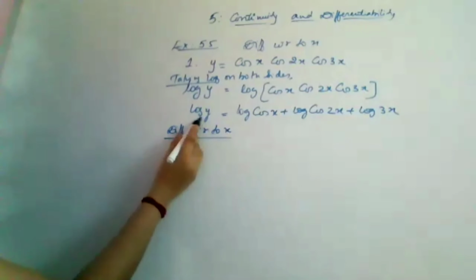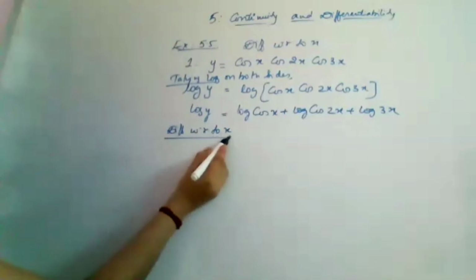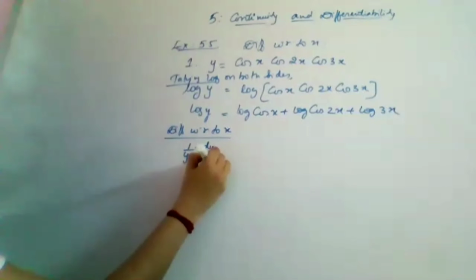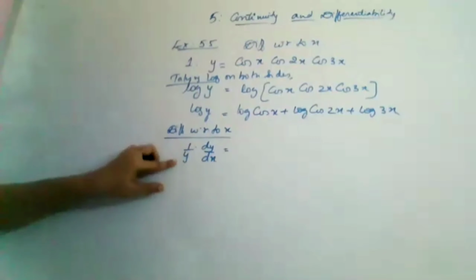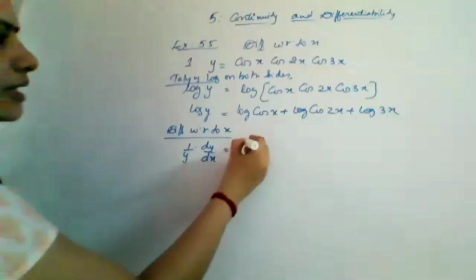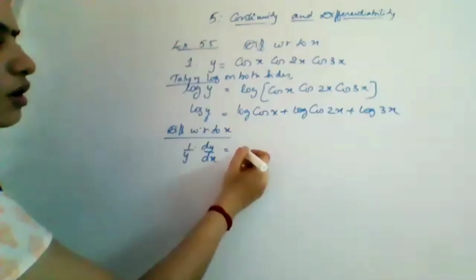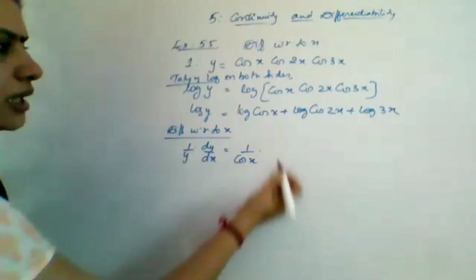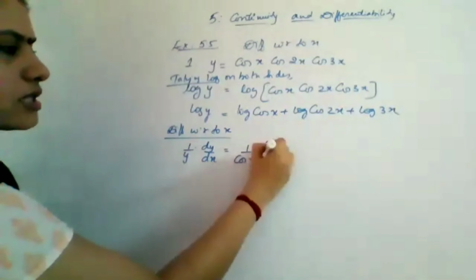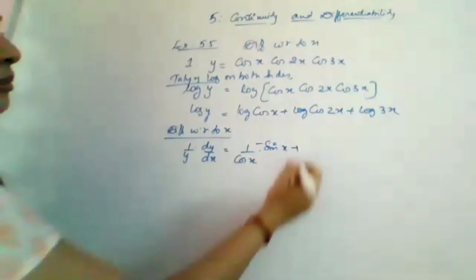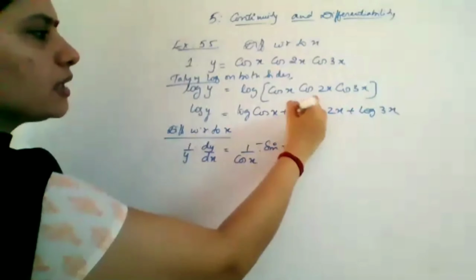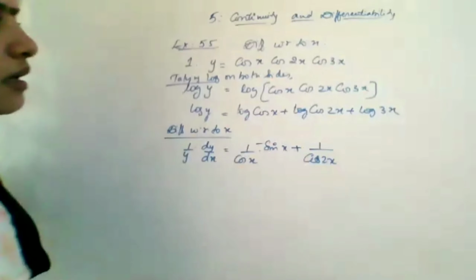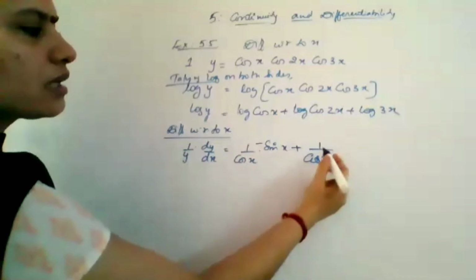Okay, so this will give you, since it is with y and you have to differentiate with respect to x, you will get 1 by y into dy by dx. 1 by y into the derivative of y with respect to x. Now, what is the derivative of log of something? It is 1 by that. So you'll get 1 by cos x into the derivative of cos x. What is the derivative of cos x? Minus sin x. Now, what is this one? Getting as a derivative, you will have 1 by that term into derivative of this.